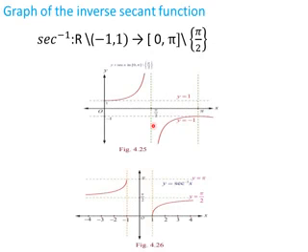Graph of inverse secant function. Secant inverse is defined from R difference open interval minus 1 comma 1 to closed interval 0 comma pi difference singleton pi by 2. Already we saw the graph of secant x and here we have the curve secant x in the interval 0 comma pi. And now here we have the curve secant inverse x. You see here the domain. The domain is R difference open interval minus 1 comma 1.